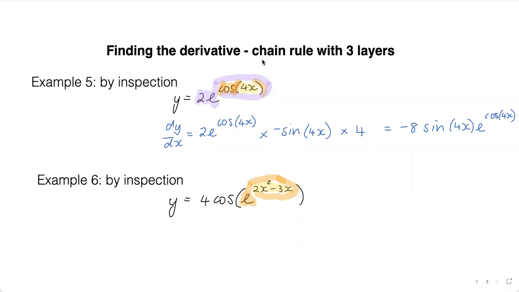And then the outside layer is our 4 cos, and all that's inside. So once again, we're just going to start at the outside and work our way in. So derivative of cos is negative sine. The 4 sits there. So negative 4 sine, keep everything inside the same,